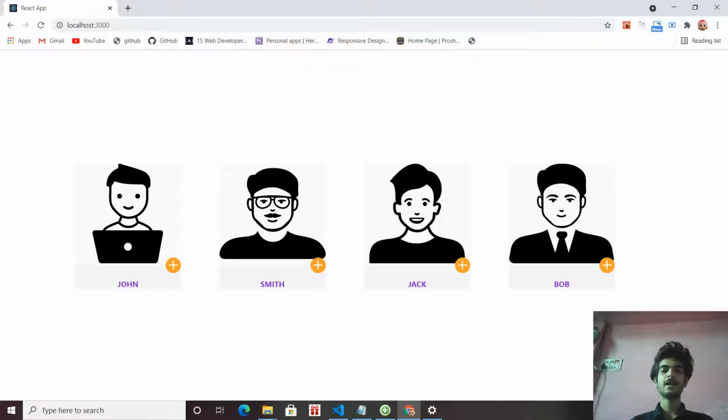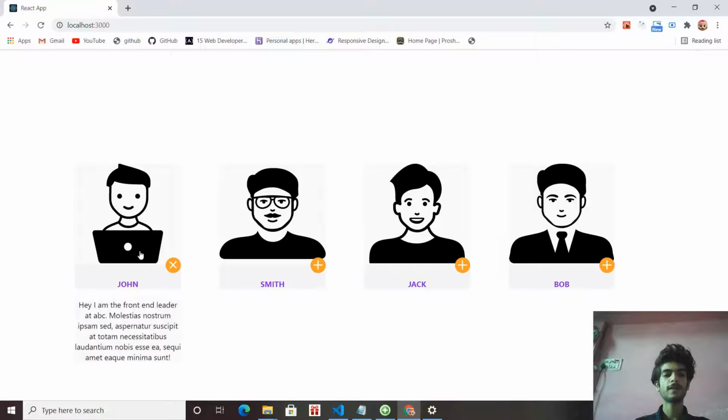I have seen the about sections of company pages that are so beautiful that they make you interested to see the bio of each person. See, I think you have also noticed. You can see on my screen there are 4 persons. When I click on one, the about bio of the person comes down with a little animation effect, and the button on this image changes to a cross icon.